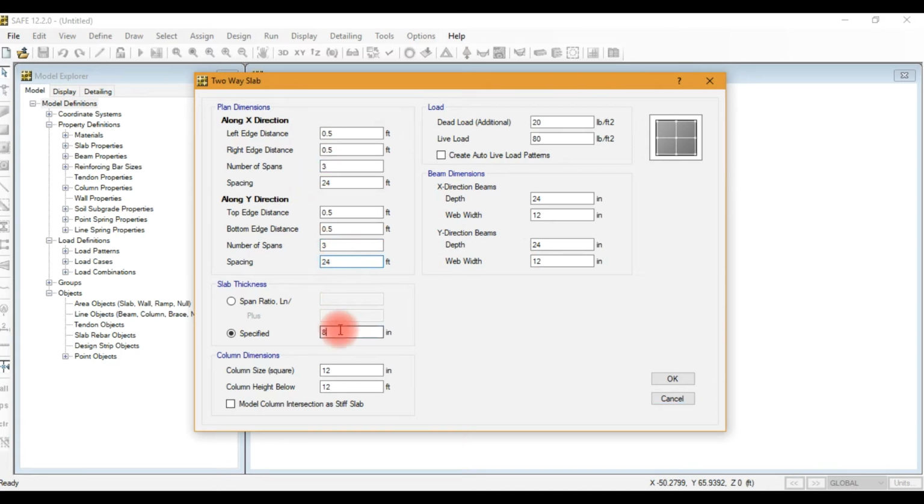The slab thickness is the same, 8-inch. Additional dead load 20 pounds per foot square, live load 80.